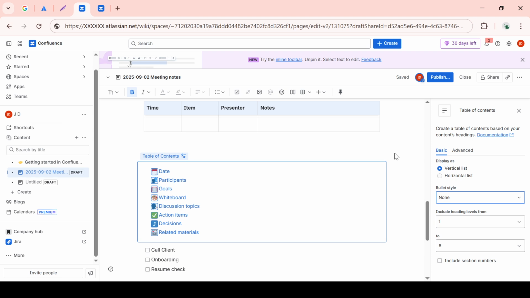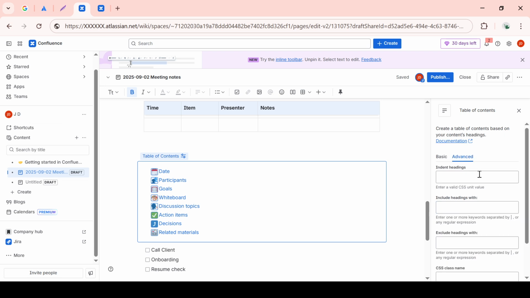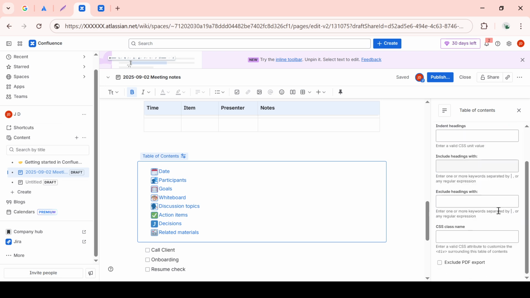To finalize everything, make sure to click Publish so that all your changes are saved and your new table of contents is visible to anyone accessing the page. And there you have it, your very own index page in Confluence. With this setup, navigating through your space's content becomes significantly simpler, helping your team stay